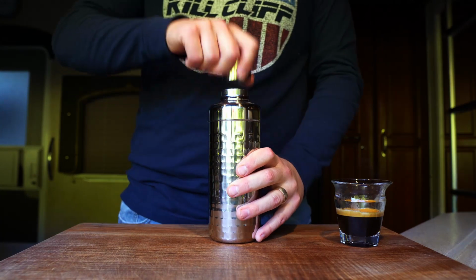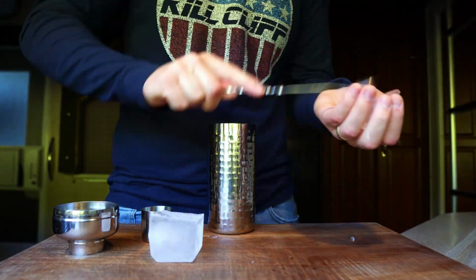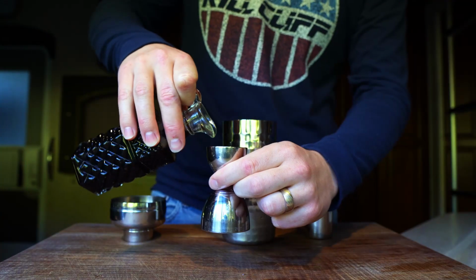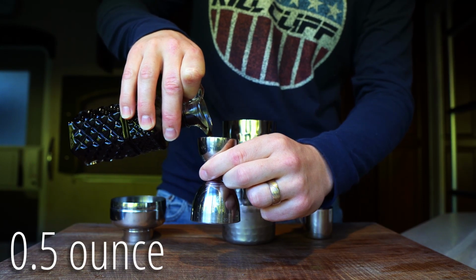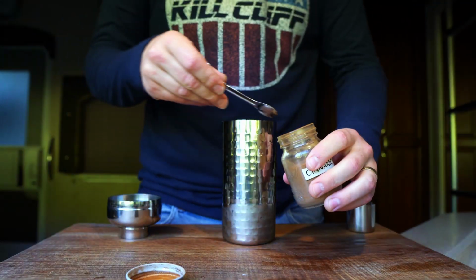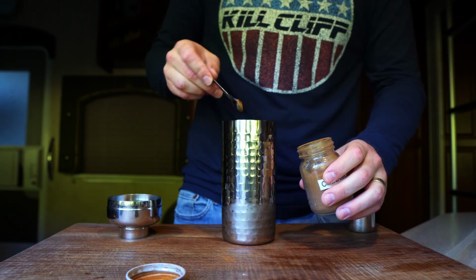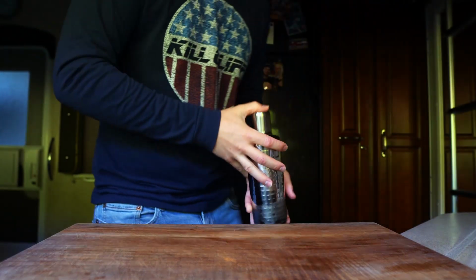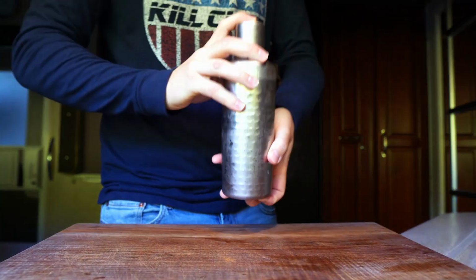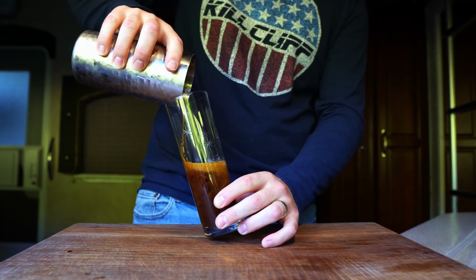Grab a cocktail shaker, stir your shot, and add it to the shaker. Then add some cracked ice to the shaker, followed by half an ounce of your brown sugar syrup. And don't forget about an 1/8 teaspoon of ground cinnamon, which they often do forget at Starbucks. Cap the shaker and give it about 10 good shakes. It doesn't need any more shaking than that, and if you do shake it more, it's gonna make it foam like crazy. Then dump the contents into a tall glass of your choice,